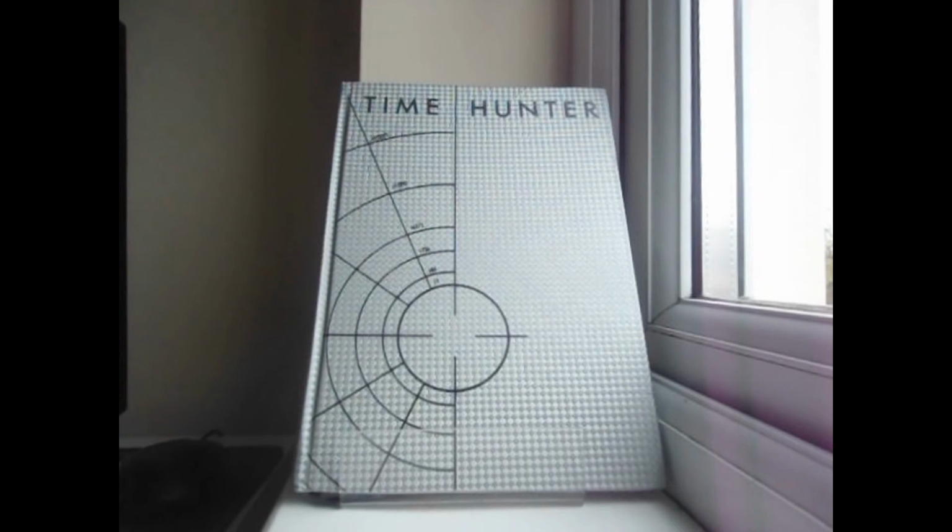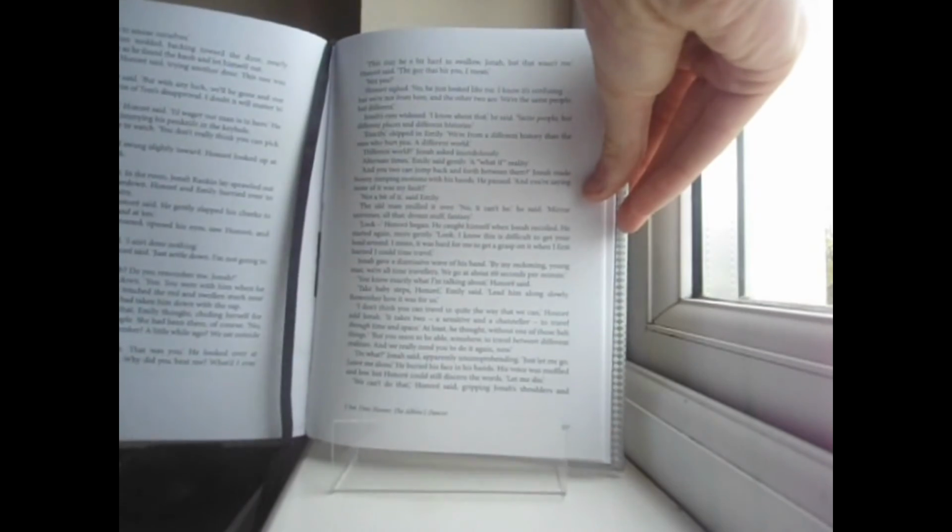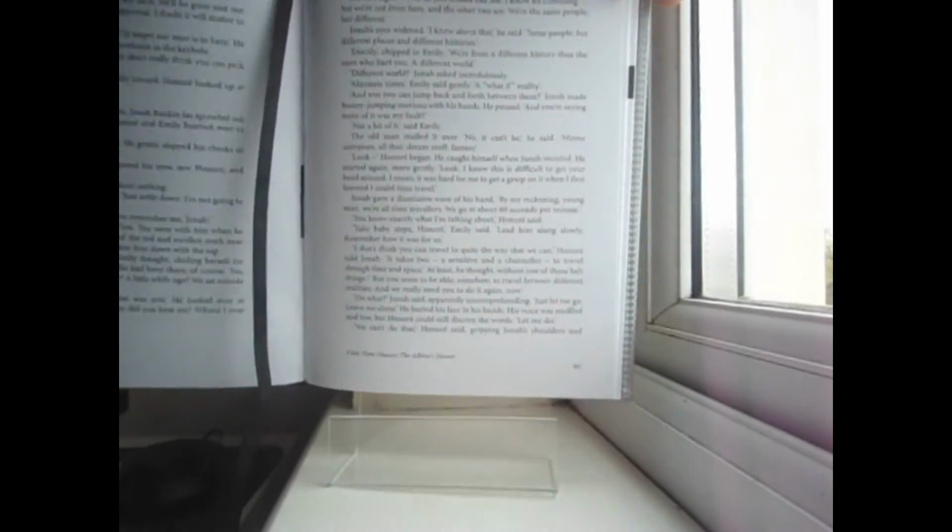This novella overall feels like a rushed continuity fest, with many references to previous Time Hunter novellas courtesy of a key on whenever a continuity reference occurs, and it overall just feels like a mop-up and lead into the finale of Time Hunter, the Child of Time. So as you can see here on page 67, there's a little key down there, a small little text down there. So see Time Hunter, the Albino's Dancer,